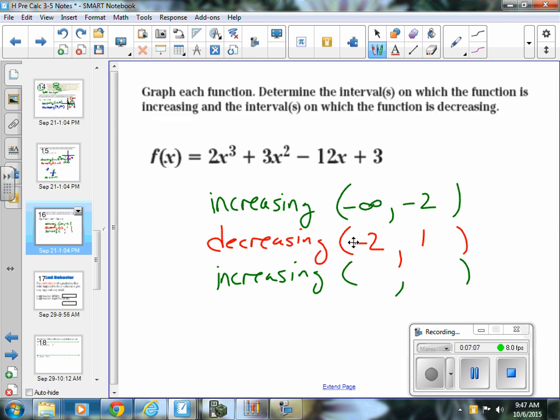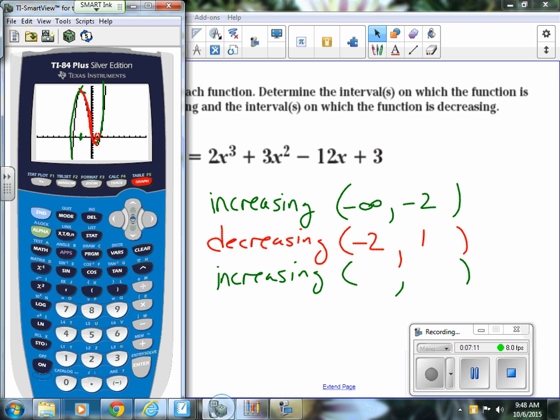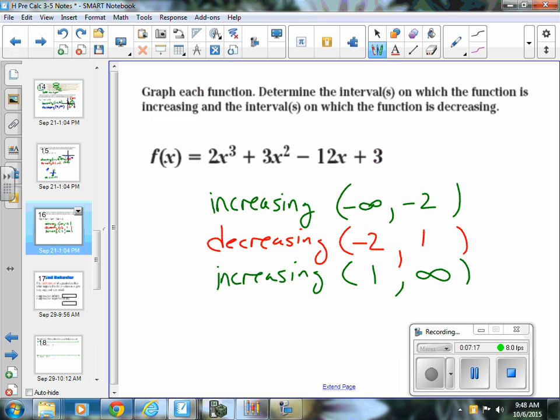So remember, where one interval stops, the next one starts. Okay, so that must mean then starting at 1 to infinity, it must be increasing. So from 1 to infinity, it's increasing. So the more direction change you have, the more times you're going to have to look for those places. So those critical points where it changes direction, that's what we're going to talk about in 3.6, those max and